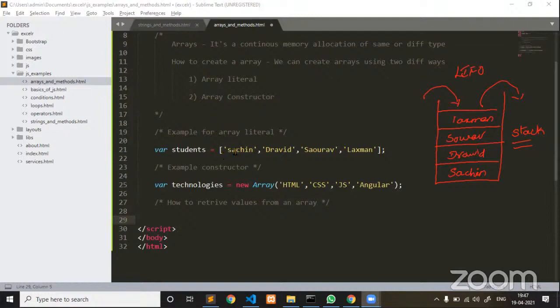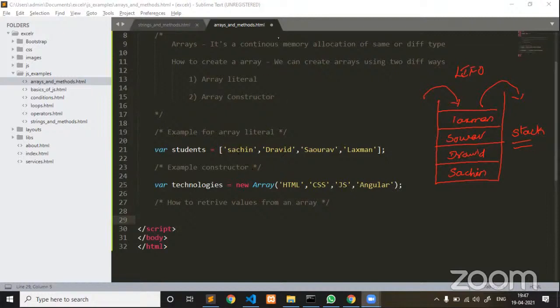Sorry, it is a numeric index, because each value is mapped with number indexes. That is why we can also call this number indexes. In case the indexes are names, that is called an object in JavaScript. In other languages, we can also call them associative arrays. But in JavaScript, if the indexes are named indexes, we call it an object. Object, I'll keep aside. I don't want to mess things up by explaining both of them in this same example.